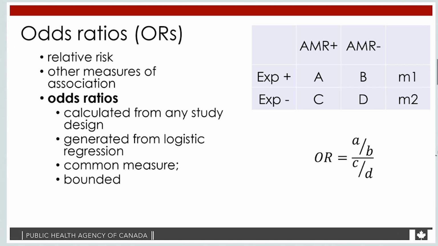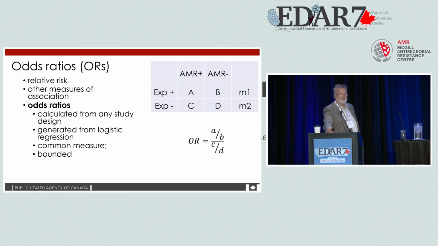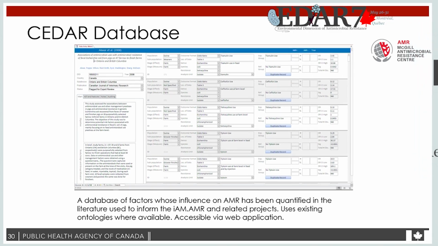There's some issues with odds ratios, particularly the model cannot at the moment go beyond crude odds ratios. So we'd like to be able to input adjusted odds ratios from regression models, but it's not set up for that yet. So that's going to lead to potential inflation or deflation of the probabilities. The information is inputted into the database. This is what the database looks like.